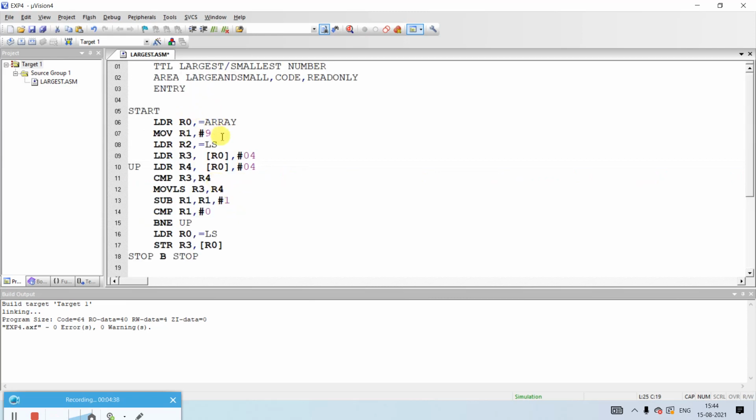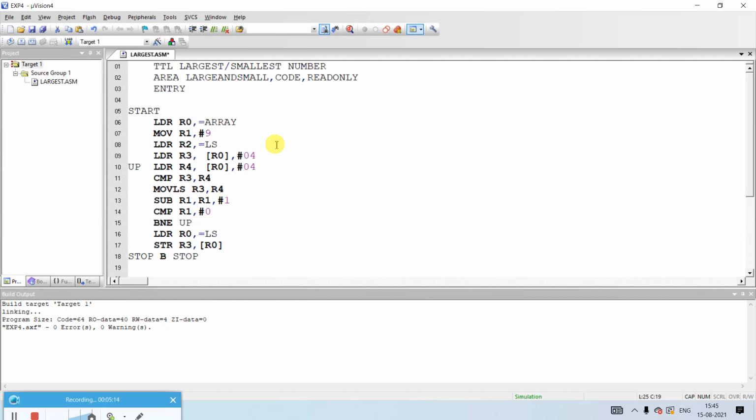Now what do we need to do first here? As I told you already in my first lecture, on writing an assembly language program for sum of integers, we need to know the address of that particular memory location so that we can either load the data or store the data. Because we know that only two types of operations happen in a memory, load or store. Loading means we are loading the data from the memory to the register, and storing means we are storing the data from the register to the memory.